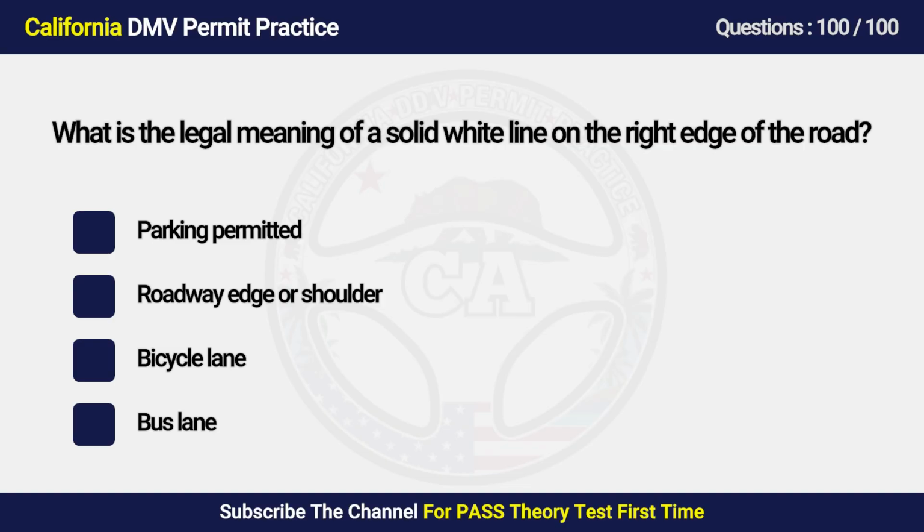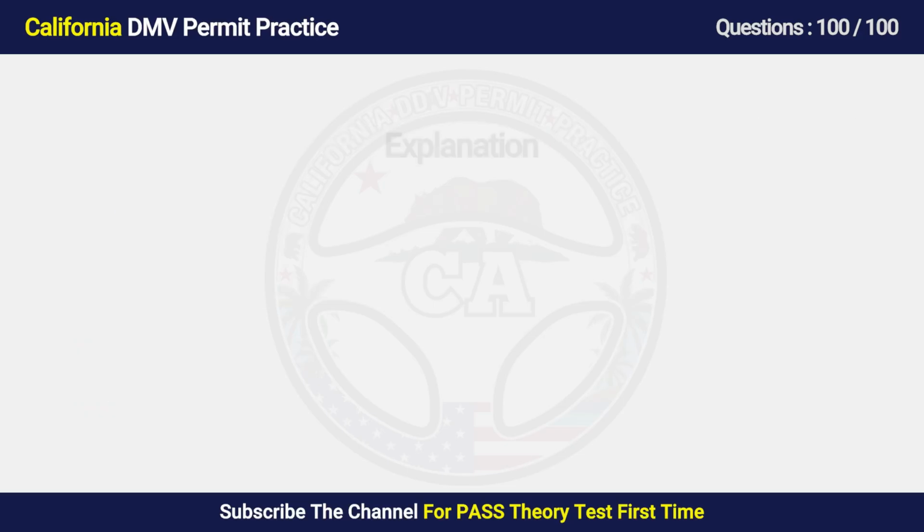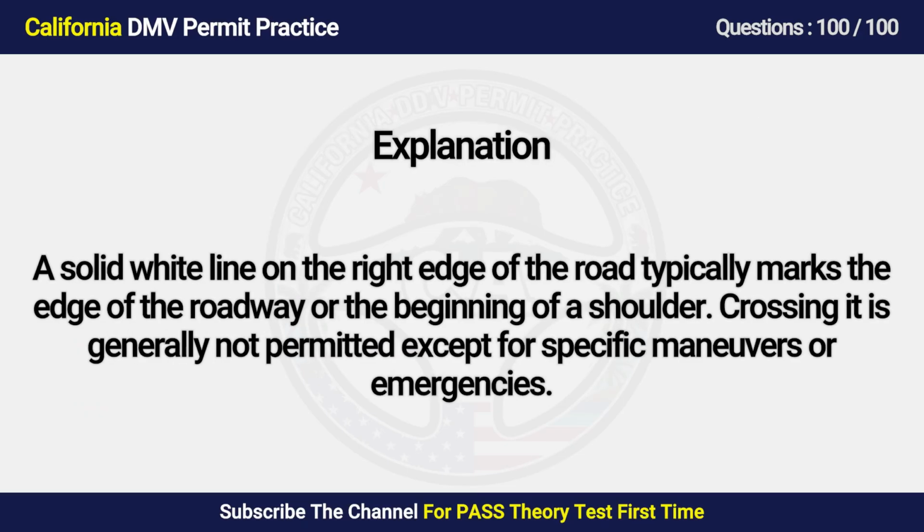A. Parking permitted. B. Roadway edge or shoulder. C. Bicycle lane. D. Bus lane. Answer is B. Roadway edge or shoulder. A solid white line on the right edge of the road typically marks the edge of the roadway or the beginning of a shoulder. Crossing it is generally not permitted except for specific maneuvers or